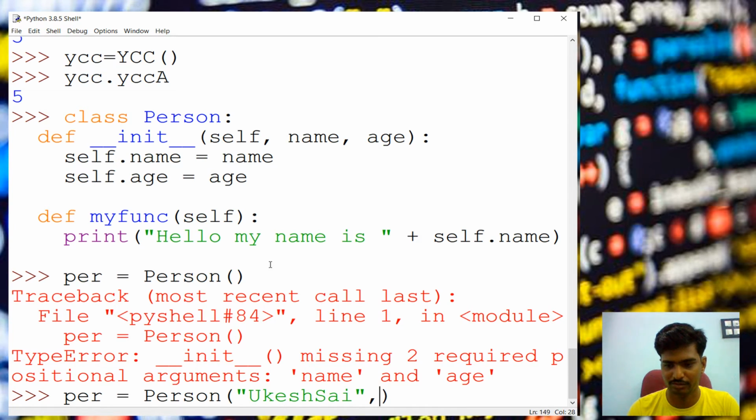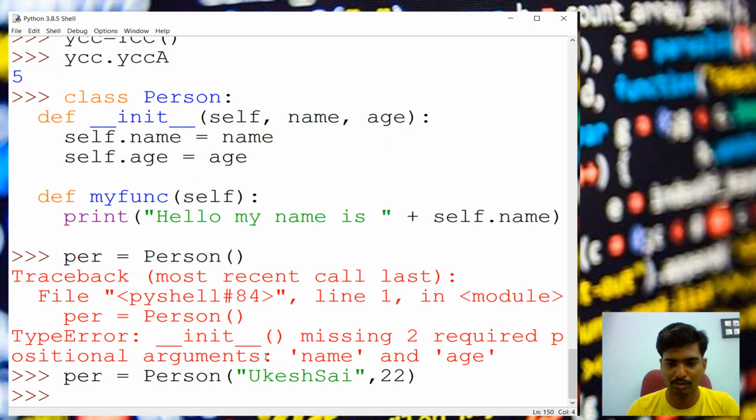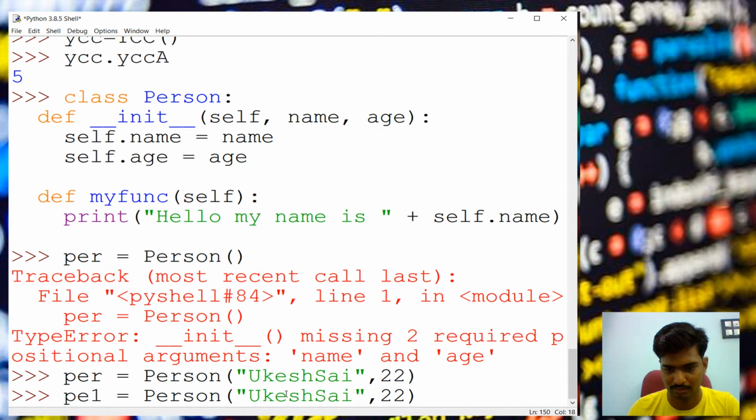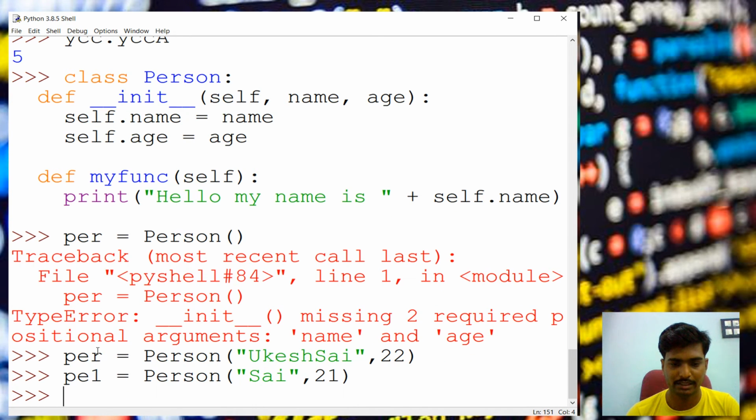Now our name and age are stored, so we can make another person also. We can copy the same line and change the name, and make the age 21. You can see there are two persons, one is one person and p1 is another person.